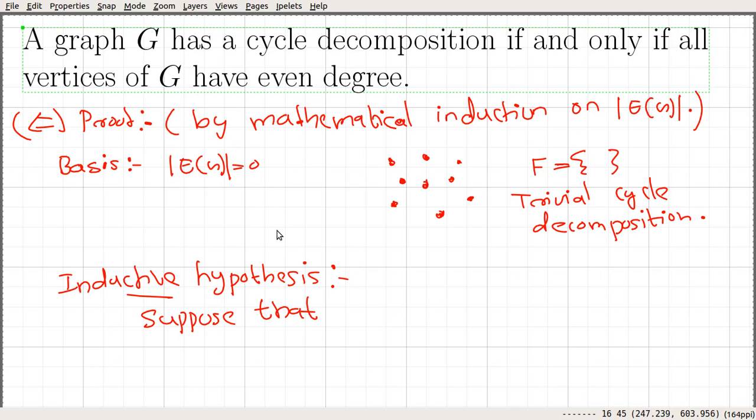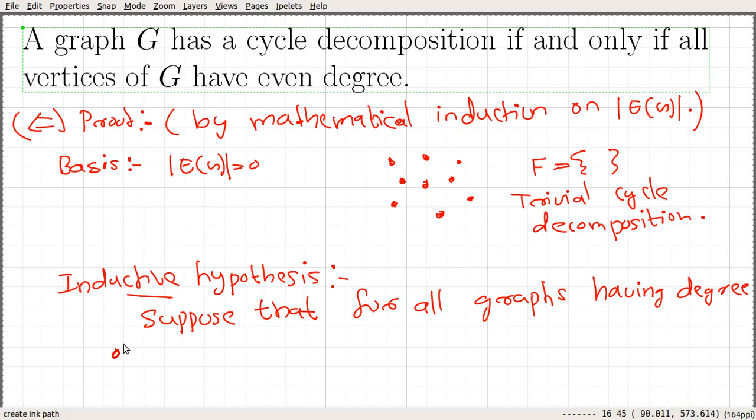So we assume that for all graphs with less than m edges, the statement holds, and we prove for a graph with m edges using this assumption. So our induction hypothesis is, suppose that for all graphs having the degree of all vertices even,